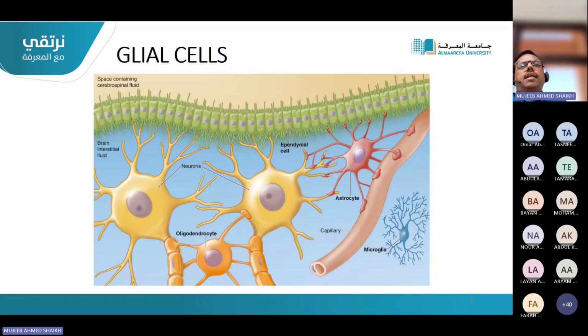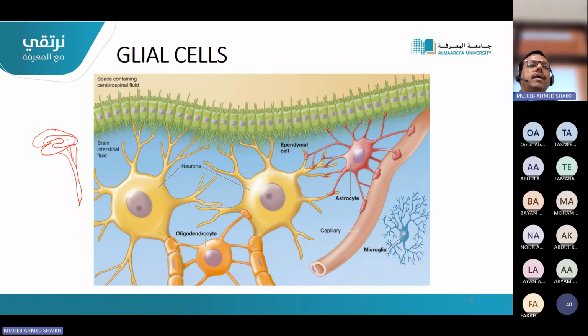This is just a diagrammatic representation of the nervous system, showing how these cells are helping and where they are located. If you see around the cavities, the brain is not a solid structure but has some cavities. This is the cerebral cortex or cerebrum, and this is the spinal cord. If you open it, you will find some hollow space in the brain, and it continues here also.